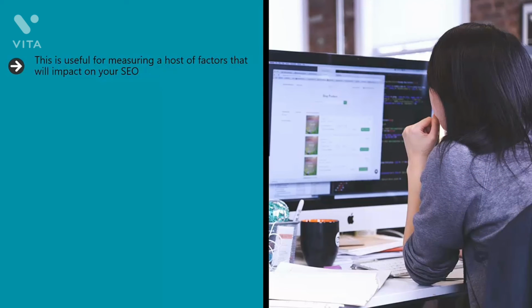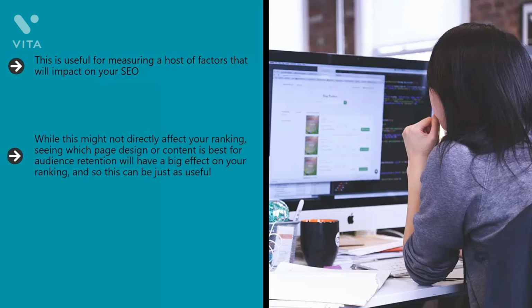That means things like bounce rates, things like CTR, click-through rate, and more. While this might not directly affect your ranking, seeing what page design or content is best for audience retention will have a big effect on your ranking, so this can be just as useful. Which type should you use? The answer is, of course, both, if you have the time. The more data you collect, the smarter decisions your business will make, and the more likely you are to see